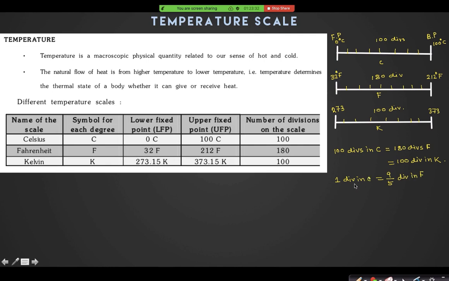So one division in C is equal to 180 by 100 division in F. So it is 9 by 5 divisions in F. So now if I want to convert